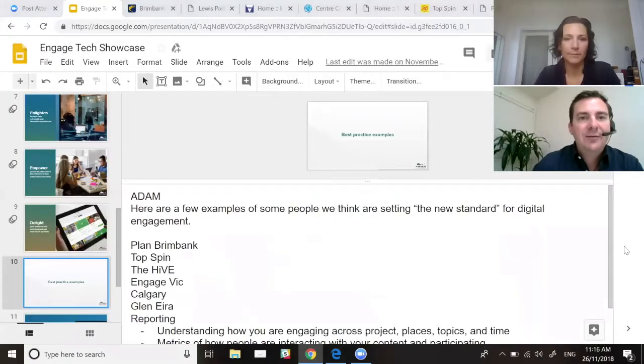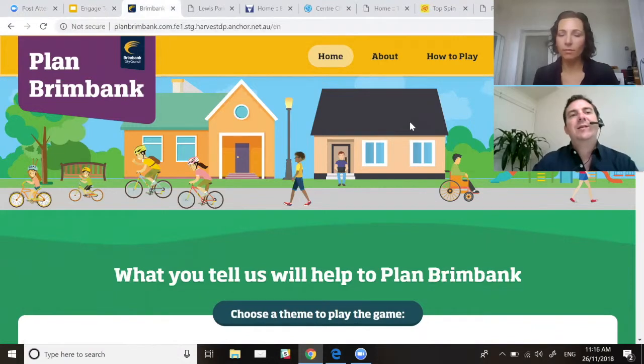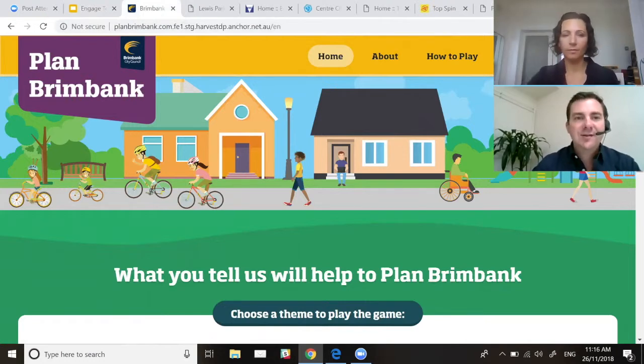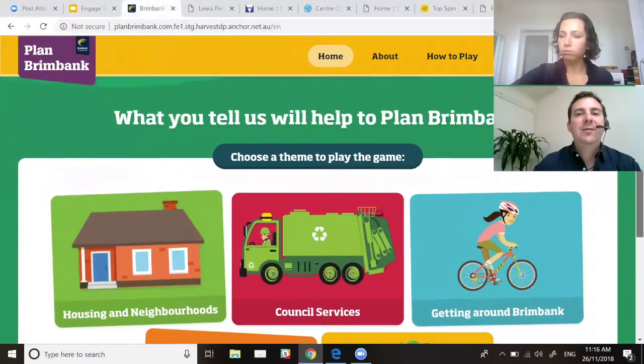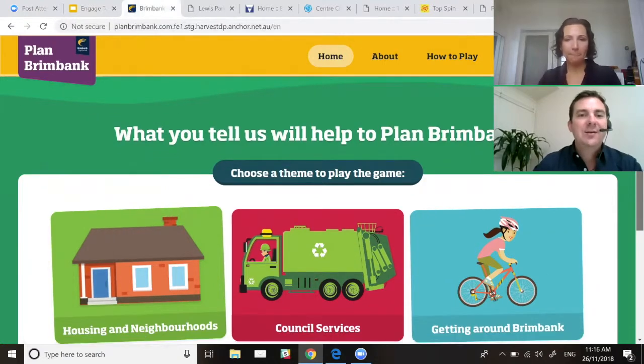So I'll cut over now to our first case study, which is a project that just won an award 2 weeks ago from the Planning Institute of Australia called Plan Bring Bank. And Plan Bring Bank was an engagement around urban planning issues. And the council wanted to find out what was important to the community when it came to prioritizing planning issues. So we built this little